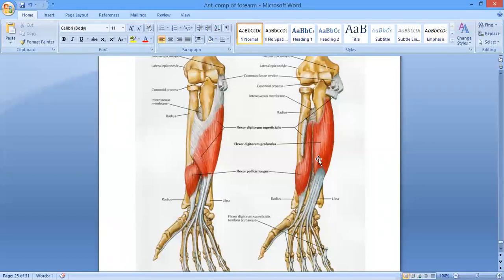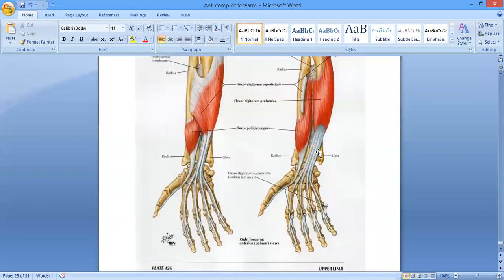Is it clear? Again, it is going to give four tendons, like the superficialis, for the medial four fingers, and it passes through the carpal tunnel in the common synovial sheath in which the flexor digitorum superficialis and profundus tendons are wrapped. It is also called the ulnar bursa. It passes through the carpal tunnel, and when it reaches the level of the proximal phalanges, it will pierce through the tendon of the flexor digitorum superficialis, and then it is inserted at the anterior surface of the base of the distal phalanges.